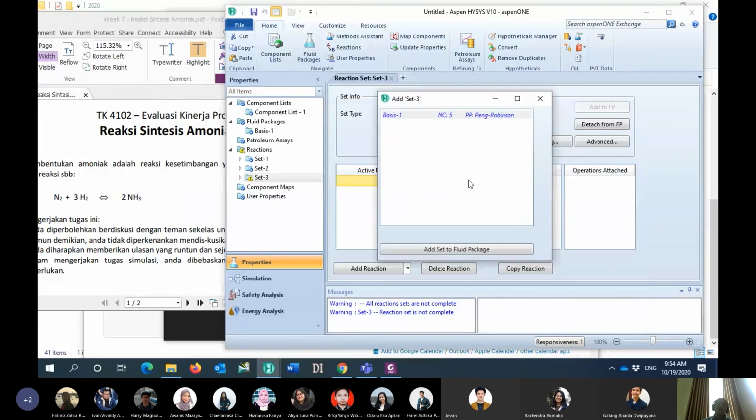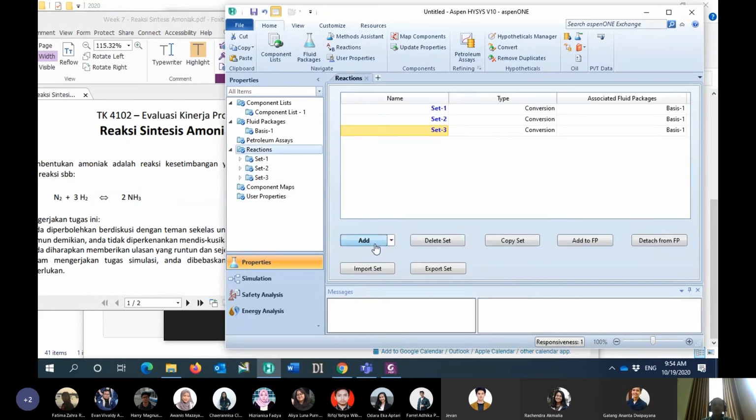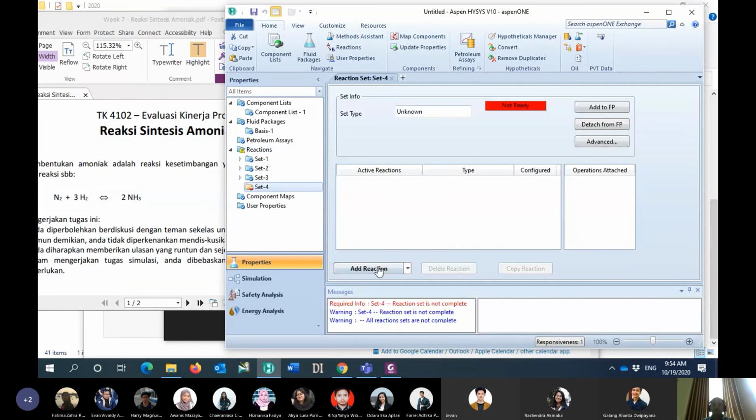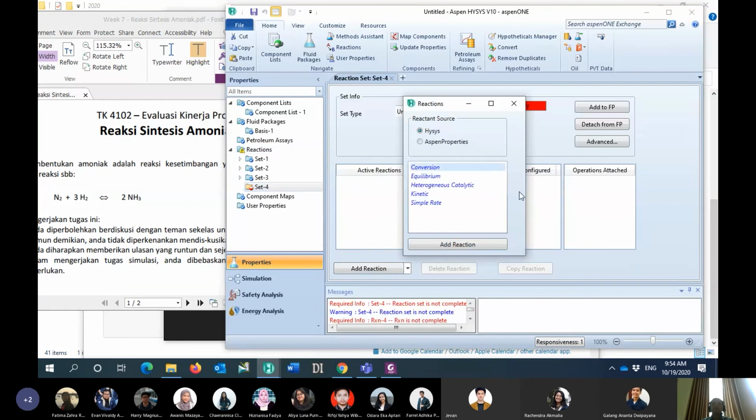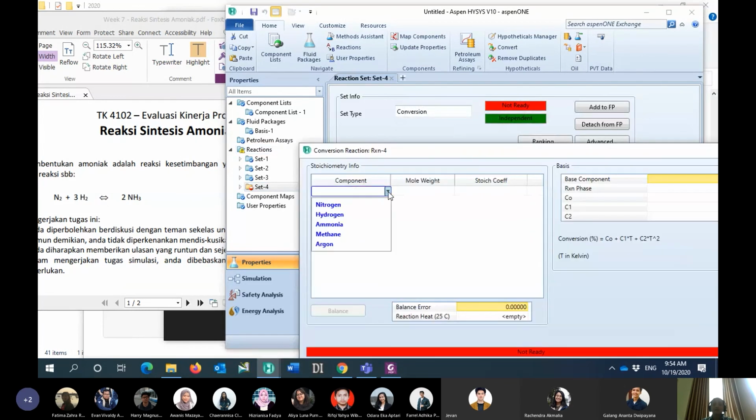So I just click add fluid package, and then set. And then I will click again, set reaction number 4. Set number 4 is used for the bed number 4 as well.